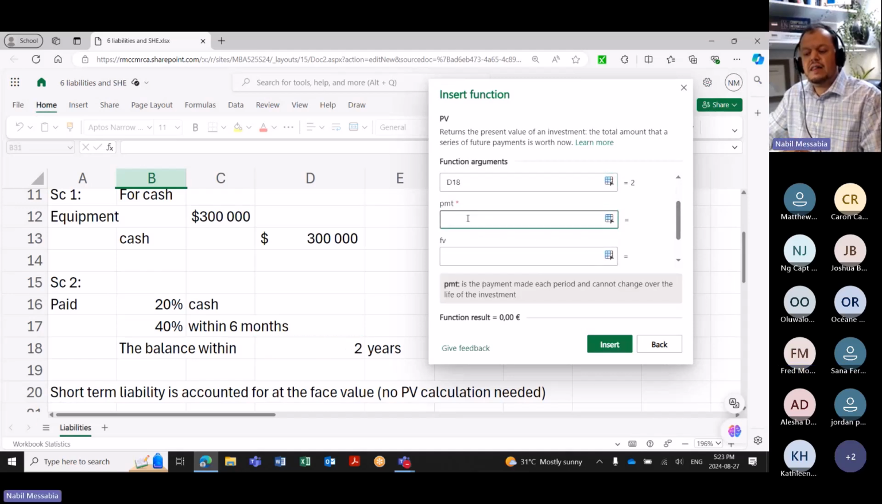Payment. Are there any payments in between? According to this scenario, there is no payment in between. From now to 2 years, the full amount is going to be paid at once within 2 years. So which means payment is equal to 0. Okay, and we are going to change scenarios